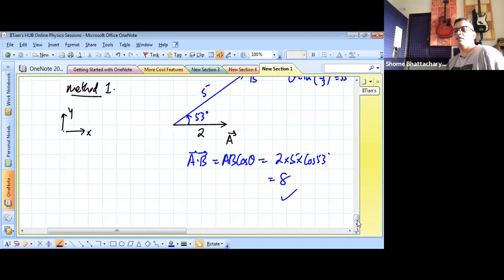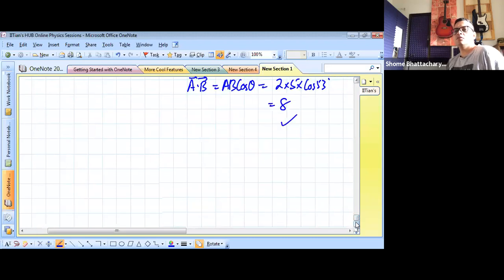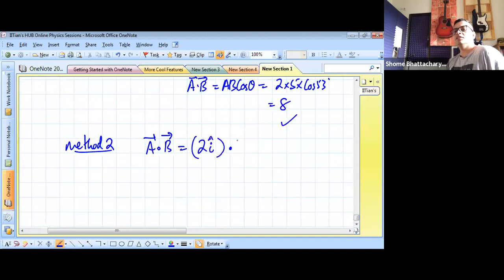So that's one method. But we have a much easier method now. Okay. I have a component algebra method where what I'll do is I'll directly substitute A as 2 i cap and B as 3 i cap plus 4 j cap. Then the first thing I'll use is distributive property. So A dot B plus C can become A dot B plus